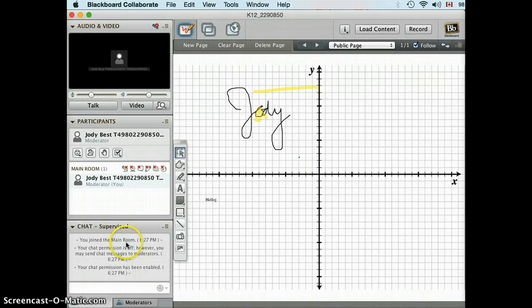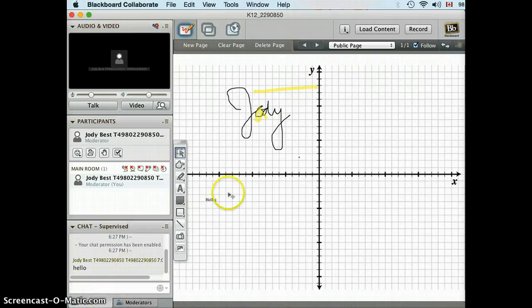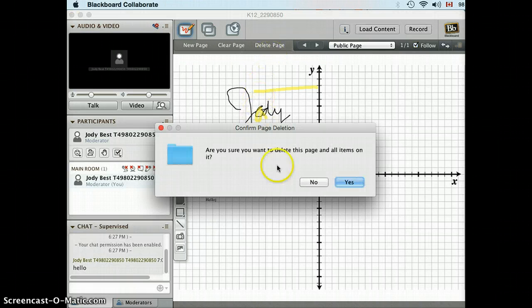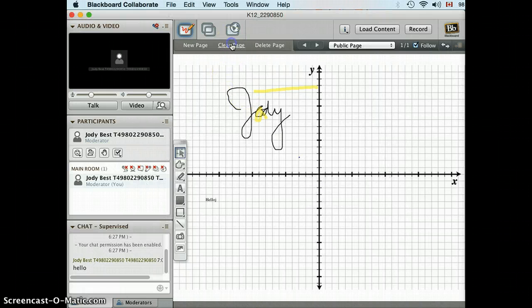Then down underneath here, you've got the chat box. Students can type in messages and it will show up for everyone to see. So most of your conversations with students will show up there. If we go up here, you can see we've got a lot of buttons up here. We can delete entire whiteboard pages. So say we're just messing around or things just get too out of control with your class, you can delete the page. Or you can clear the page,